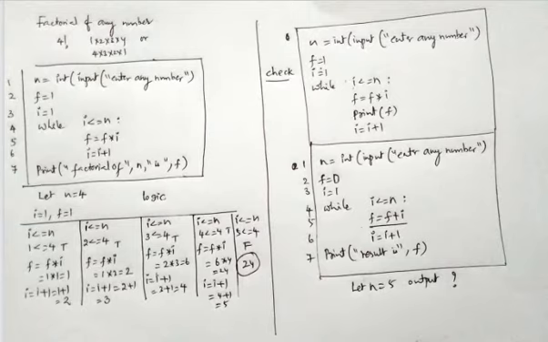Line number 1, you read the data. To find the factorial of any particular number, we need to multiply the numbers from 1 to that particular number. Like if I want the factorial of 4, I need to multiply the numbers from 1 to 4: 1 into 2 into 3 into 4. So start the loop with 1 and end with that concerned number. If you want to find the factorial of 4, you end the loop with 4. So look at the condition, I less than or equal to n. Here n is your input, 4 let it be.